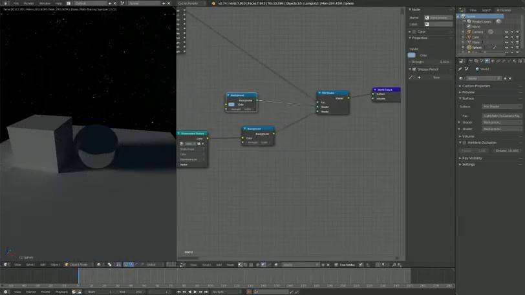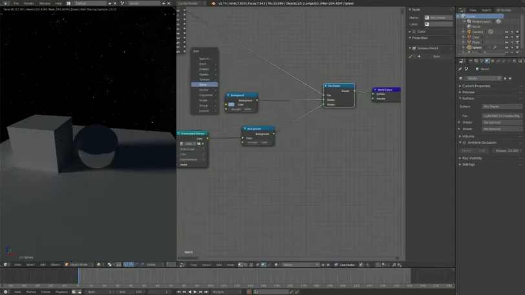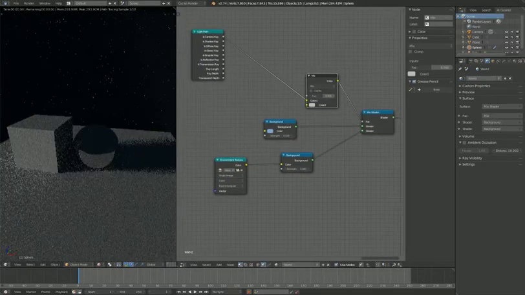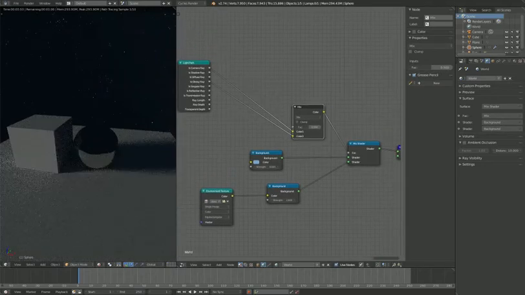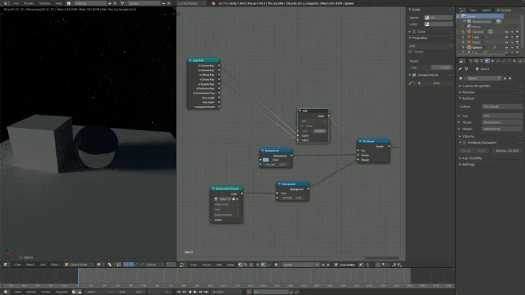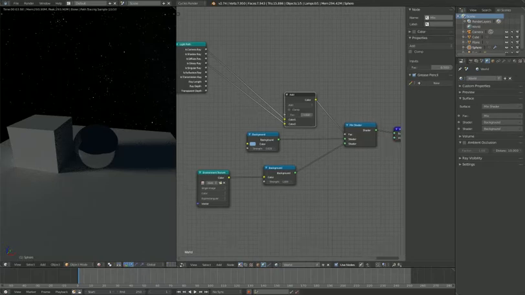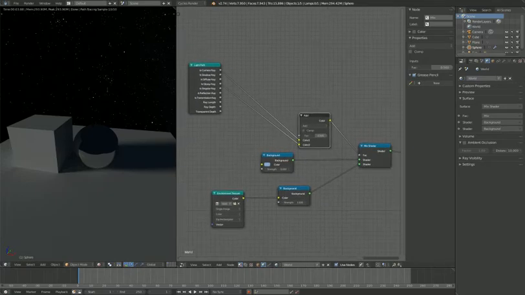let me bring this all over here. We add a color mix. And we add both of these, and we add the glossy also to this. But if we change it to an add, and we keep the fraction at 0.5, as you can see, it is both affecting the